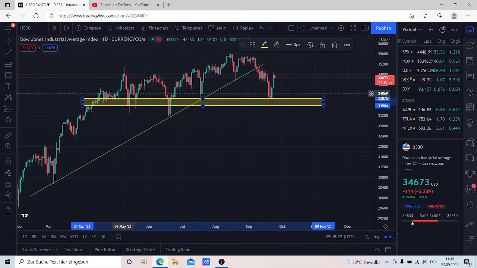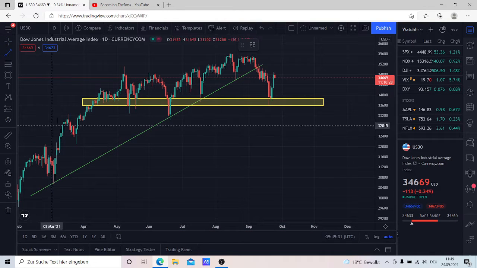Here we rallied after retesting this area here. Here we fell a little bit lower, but didn't change the fact that we went higher after it. Now, what I also want to mention is that we had here a